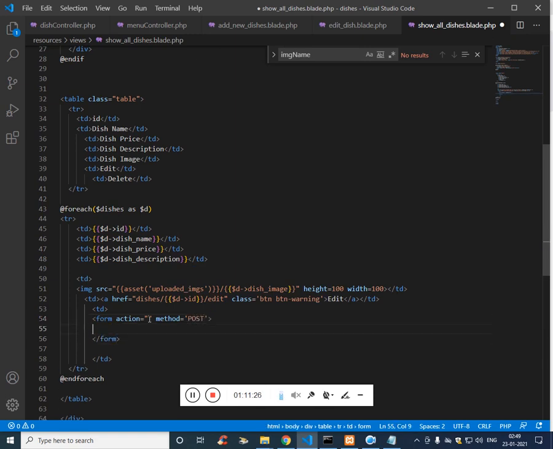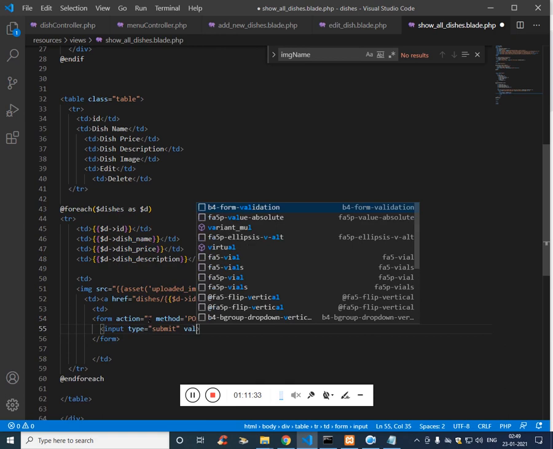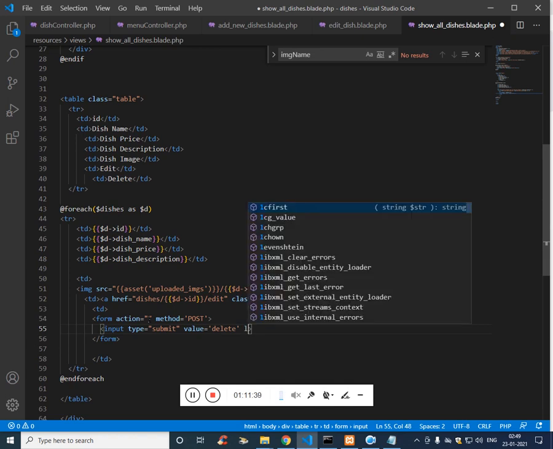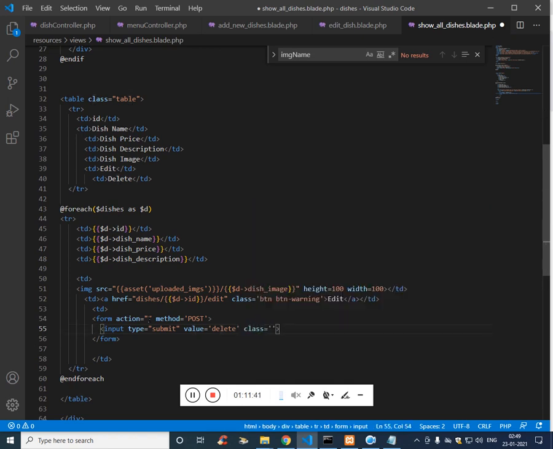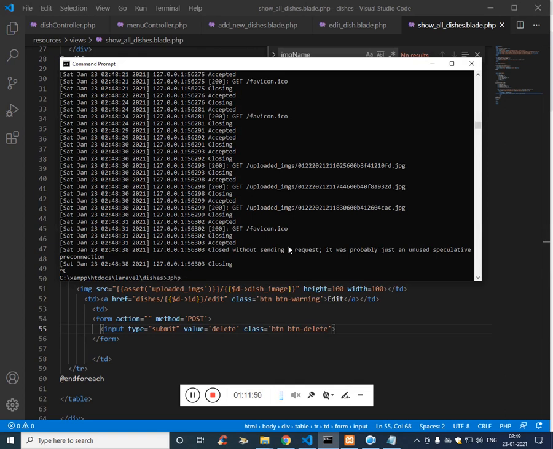And it should have input type submit, value delete, and then the class btn delete.